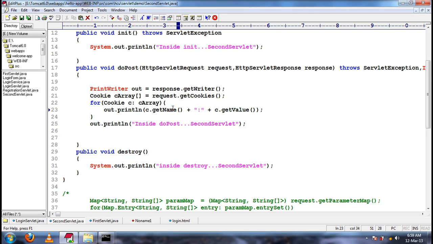The getName method of a cookie will return the name of the cookie, and getValue will return the value of the cookie. Definitely, the name and values of a cookie should be in a string format.